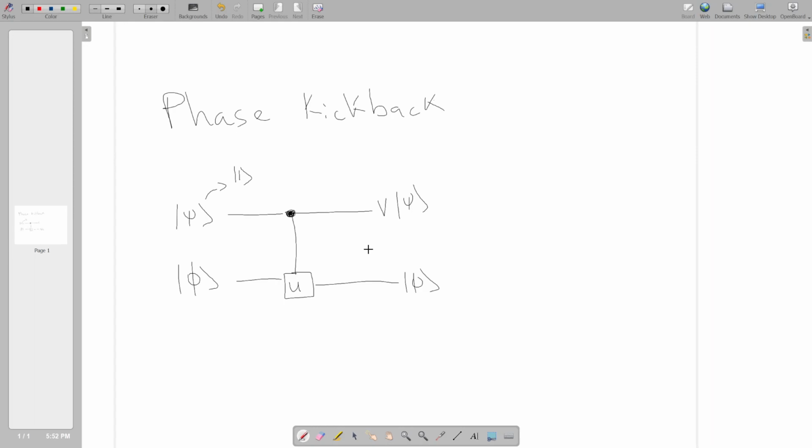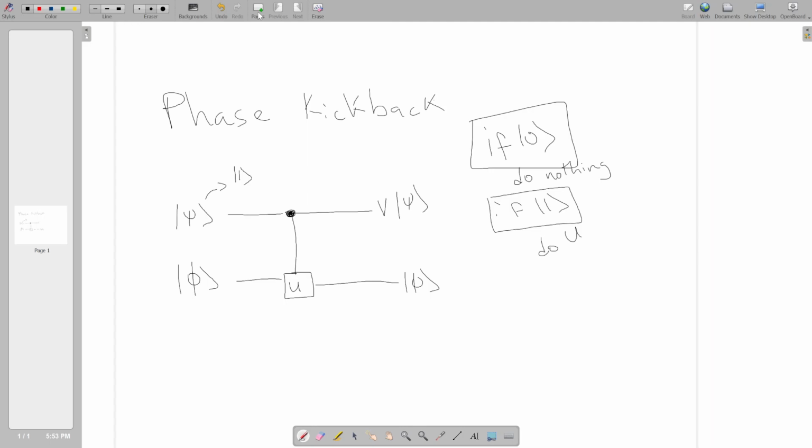So what this is saying is that in this operation, even though it's controlled, our intuition and classical understanding would tell us that a controlled statement is saying if 0, do nothing, if 1, do u. This is our understanding of what a control is. This doesn't make any sense. How is it affecting this qubit? Intuitively, at least for me, when learning about this, that doesn't make a lot of sense.